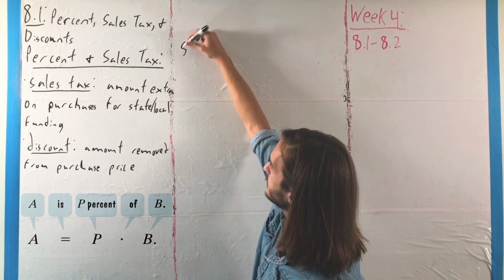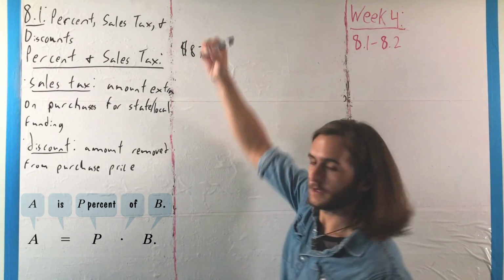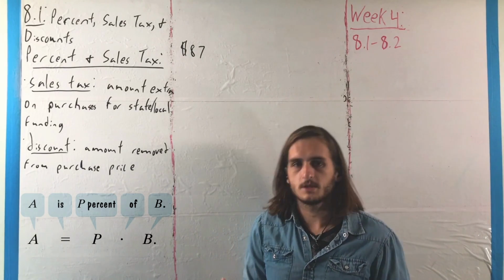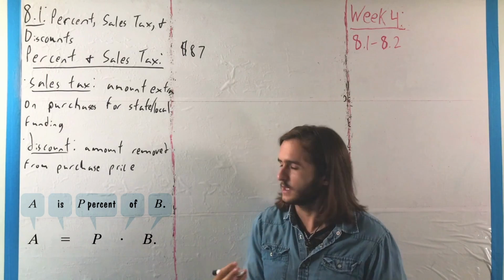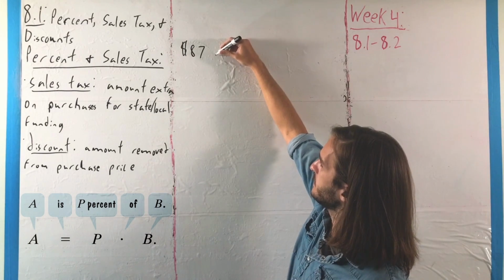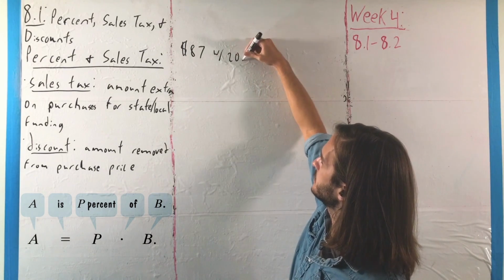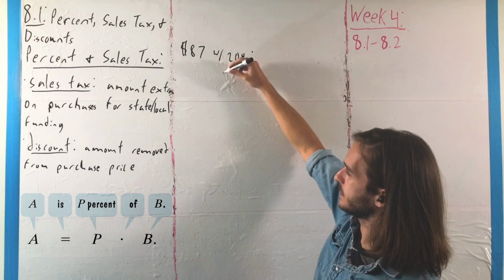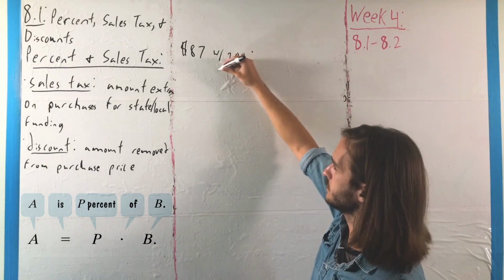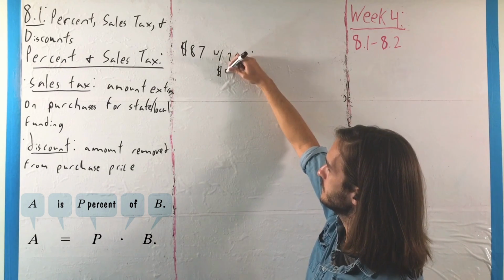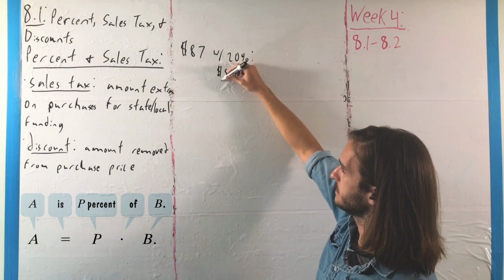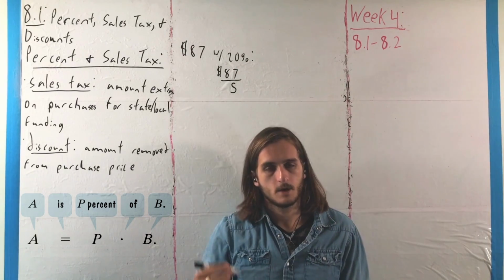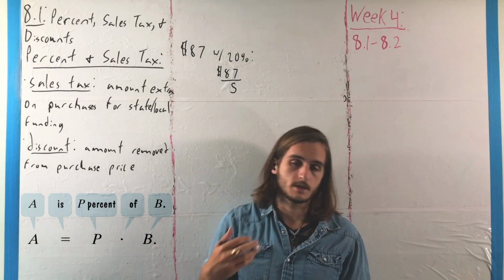So if you have a $87 bill, for example, you have a nice night out, might be a little bit heavy for most people's budgets who are watching this video, but hey, it happens occasionally, and you want to pay a 20% tip. Well, what you can do there is recognize that to get your value, you can either take that $87 total bill and divide by 5, because 20% is the same as 0.20, is the same as